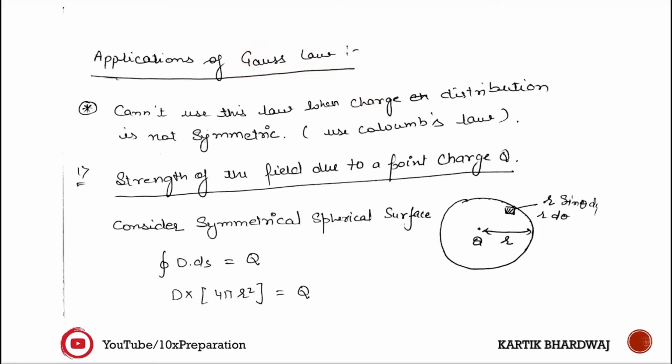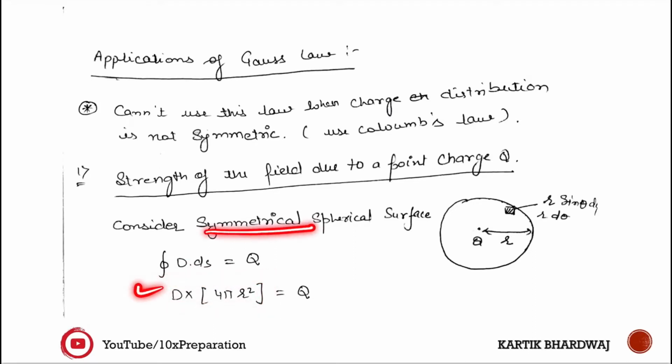First we have to determine the electric field by knowing it has some symmetry. Always keep in mind that whenever you apply Gauss law, the electric field D or E, the electric field intensity or density, should be symmetric. Why? If the charge distribution is symmetric, then in D dot dS, this D is going to be constant. Simply this D is multiplied throughout the surface and you get Q. So the integral simply converts into a multiplication.